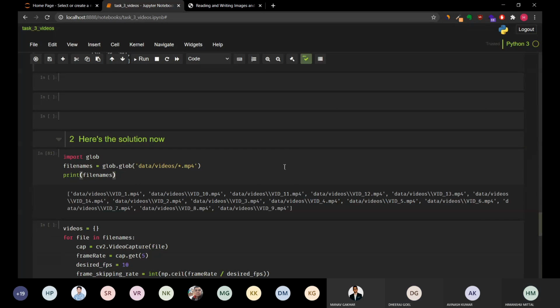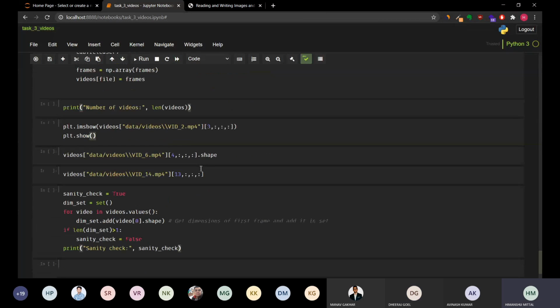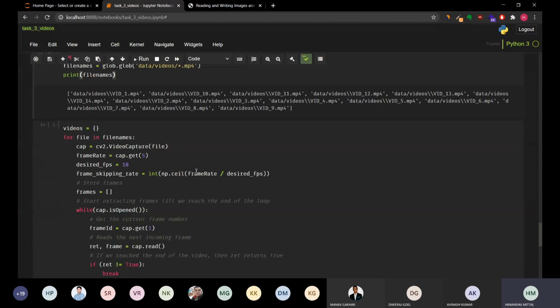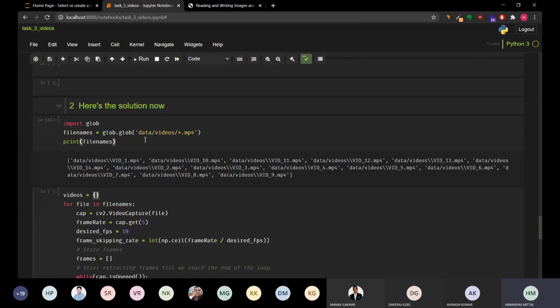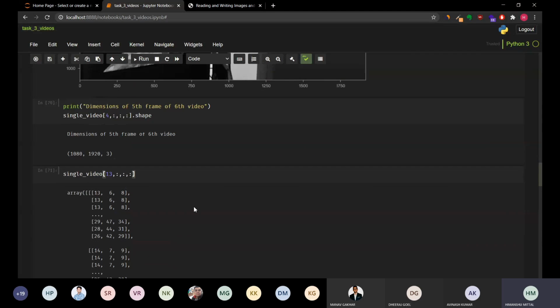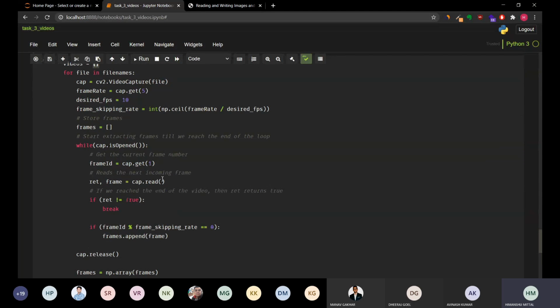Okay. This solution is pretty complex, but not complex. I mean, all the things are the same, but I've stored all the data at once, all the videos I extracted at once. The glob actually uses regex behind the scenes. So data/video*.mp4 will extract all the mp4 videos from this path, and I'll get the file names. If I can get the file names, then I can get all the videos, because the syntax and the code is all the same.